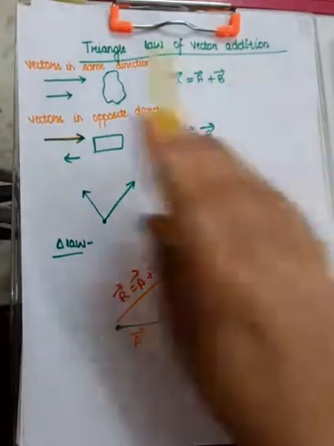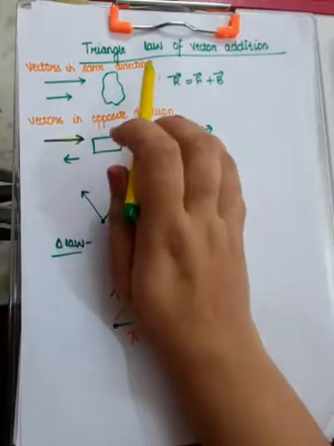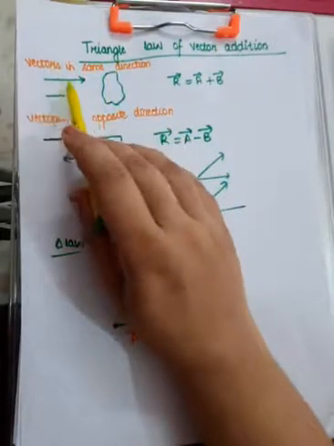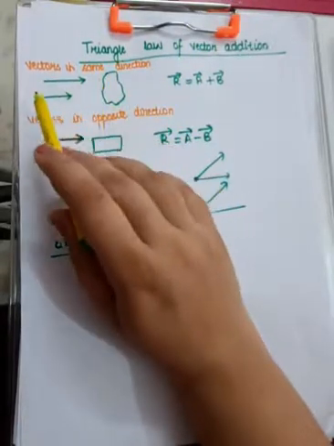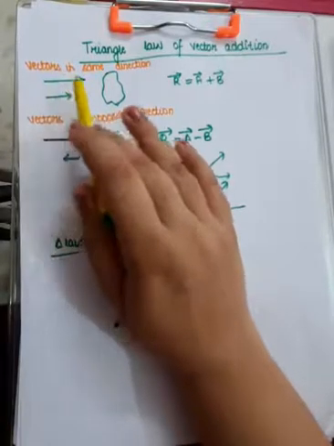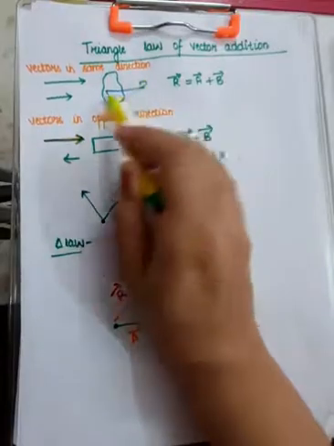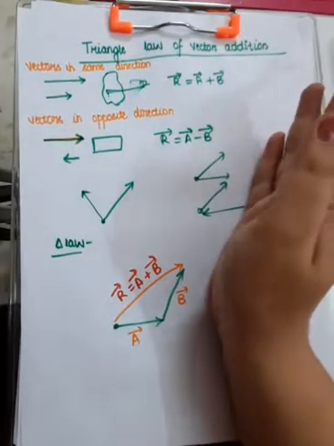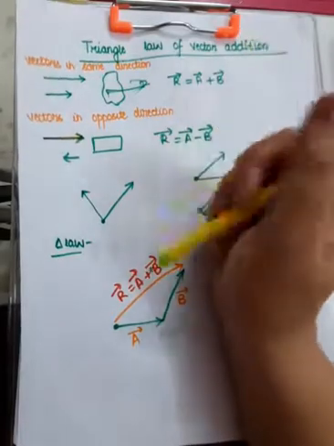So case number one, when vectors are adding in the same direction. Suppose there is some object, one person is applying a force in this direction, the other one is applying the force in this direction. So eventually their forces will add up to move the object in this direction. So there is no problem, we simply can evaluate.